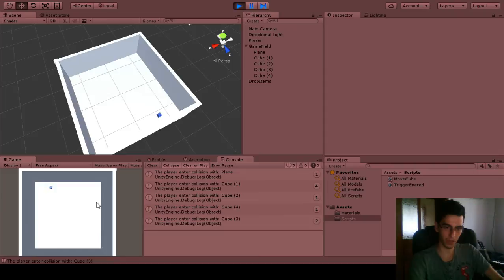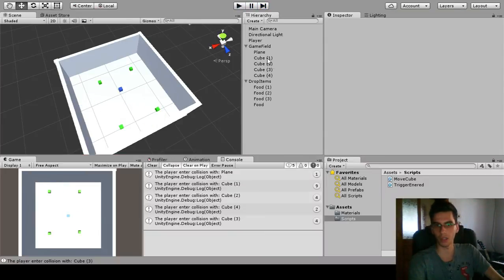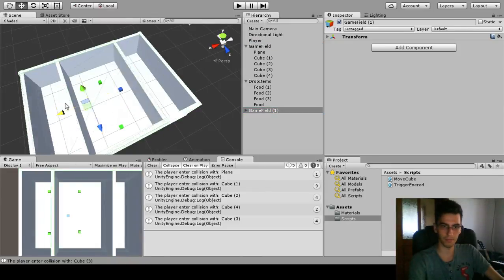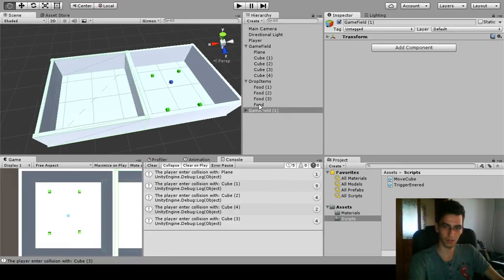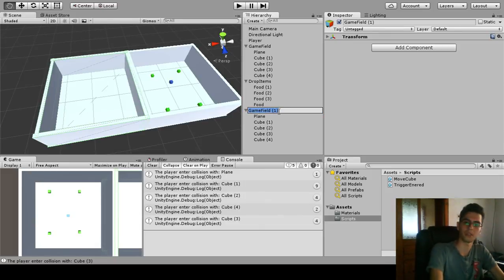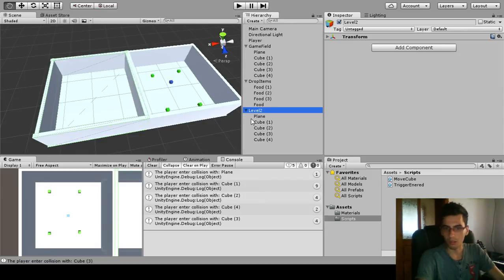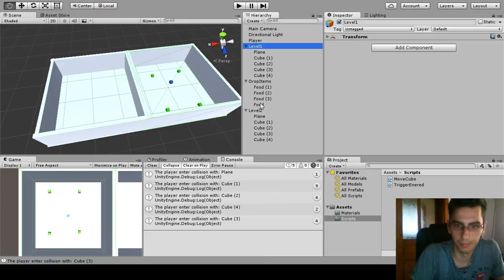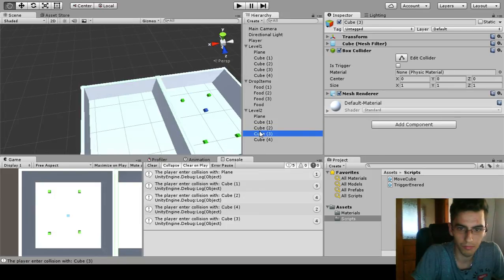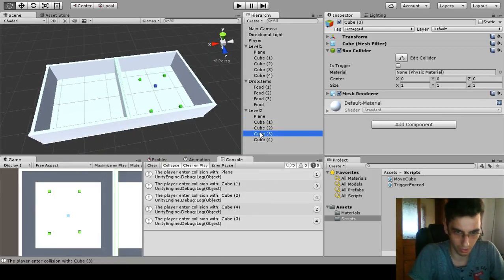So what I want to do now is, after I collect every food, I want to open a door and pass to the next level. So if I duplicate this, I'm going to create another door right here, and let's see, game field 1, let's call it level 2, and this one level 1, and I'm going to destroy this cube 3,